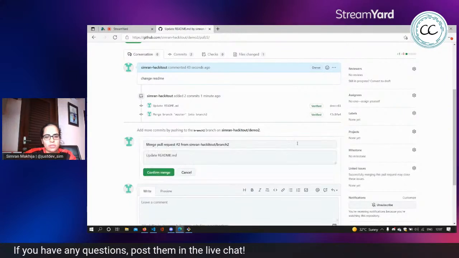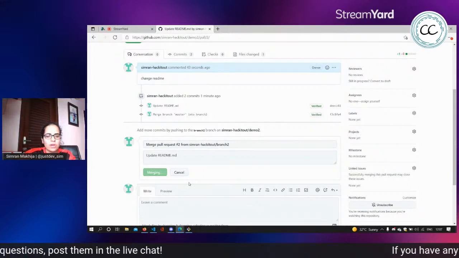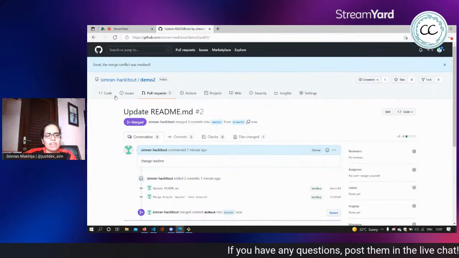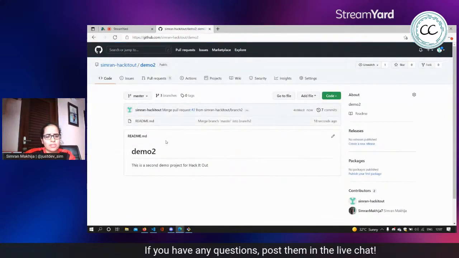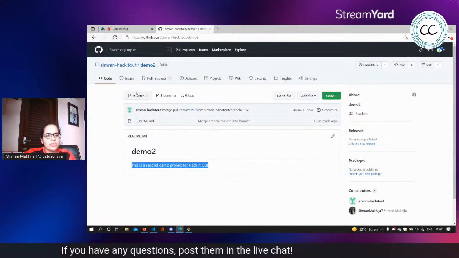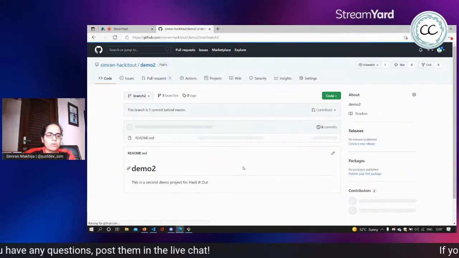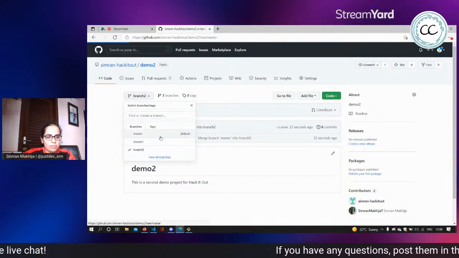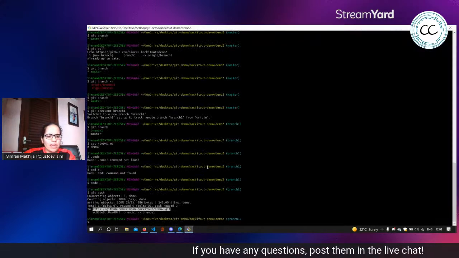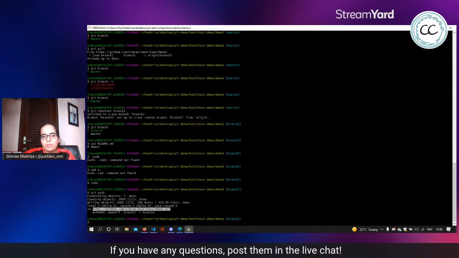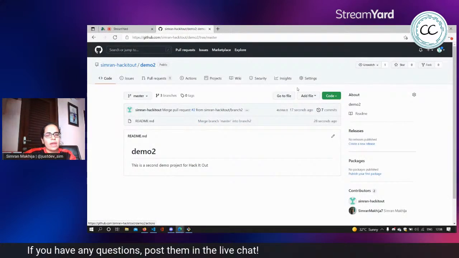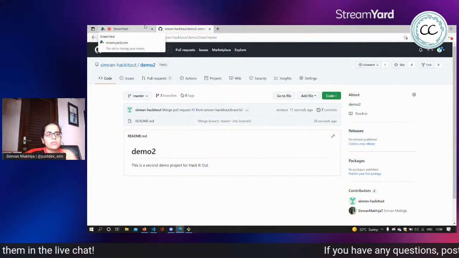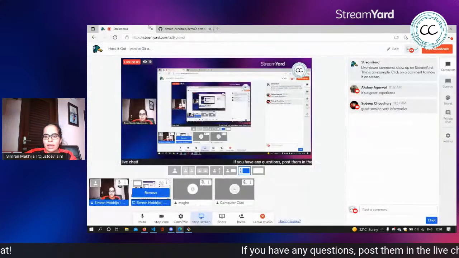The conflicts have been resolved, and now we confirm merge, and voila, as most people would say. I don't always pronounce it correctly, but here we have it. And branch 2 has also been changed accordingly to make sure that the conflict doesn't happen again. These are some very basic things about Git and GitHub that you will find useful to you in the scope of your project in the hackathon.